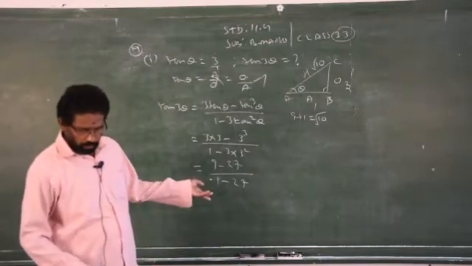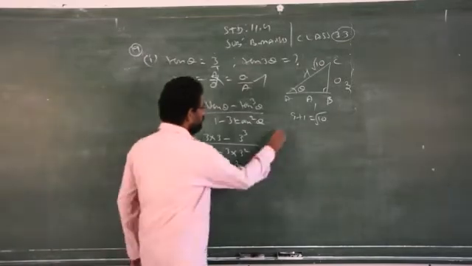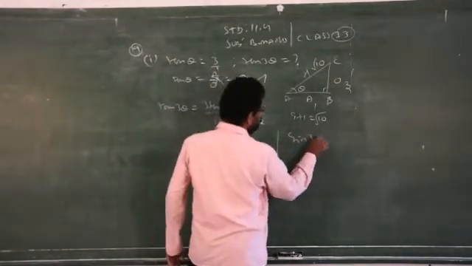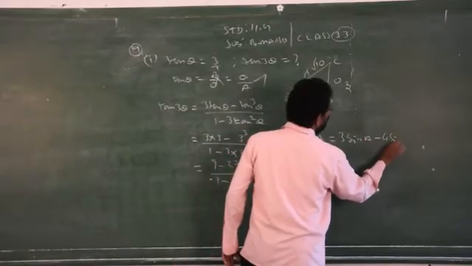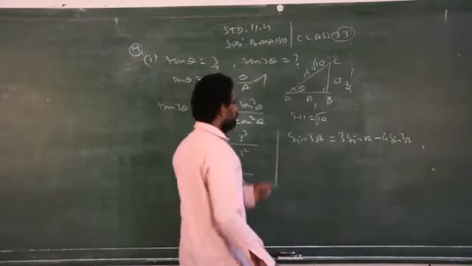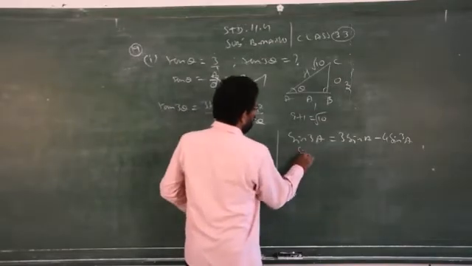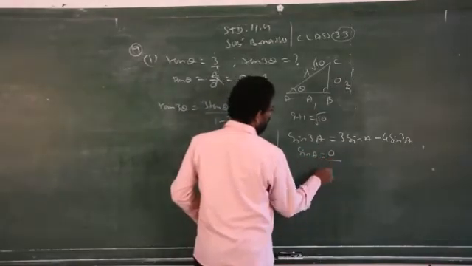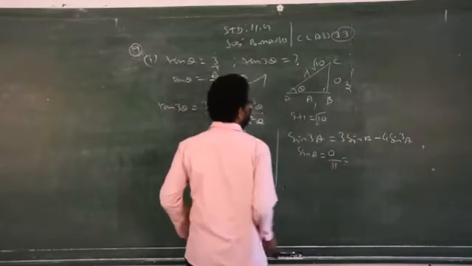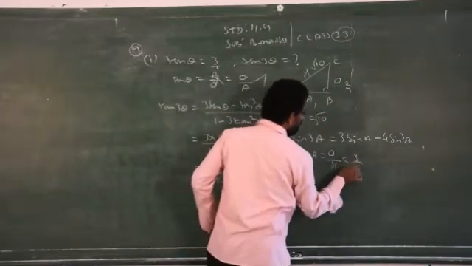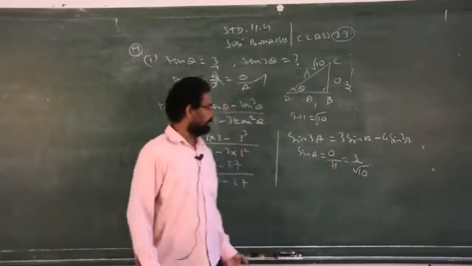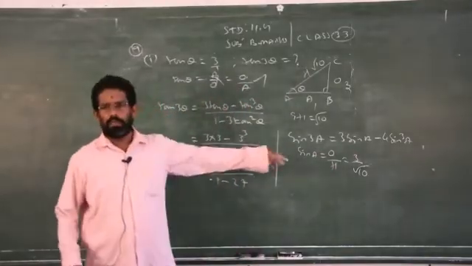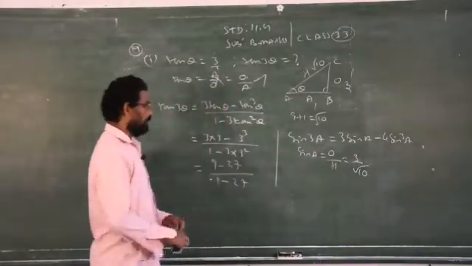In the same way you have to go for sin 3A. So the sin 3A formula is 3 sin A minus 4 sin cube A. So you have to find sin A from the diagram. What is the formula to find sin A? Opposite by hypotenuse. What is your opposite side? 3. Hypotenuse is square root of 10. Just replace sin A by 3 by root 10. Normal simplification, you will get the answer.